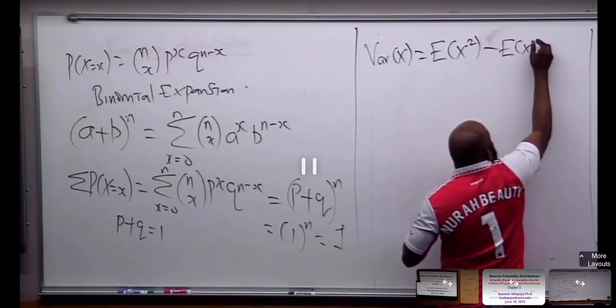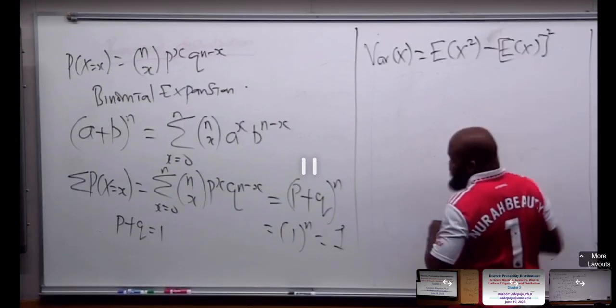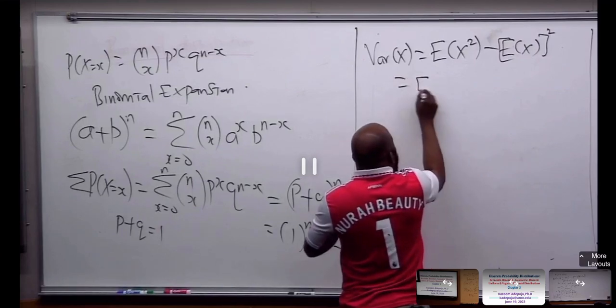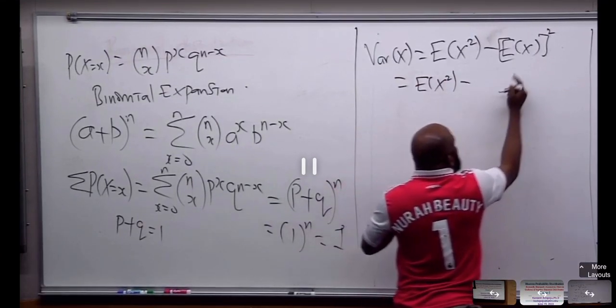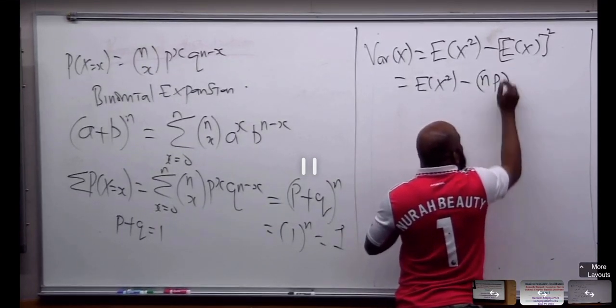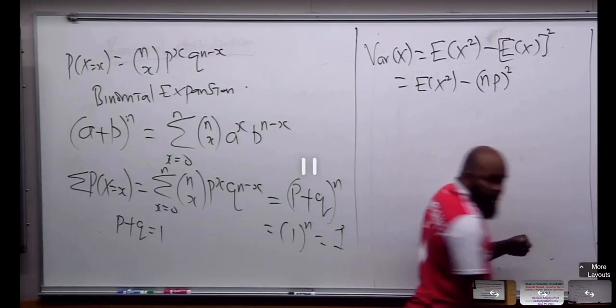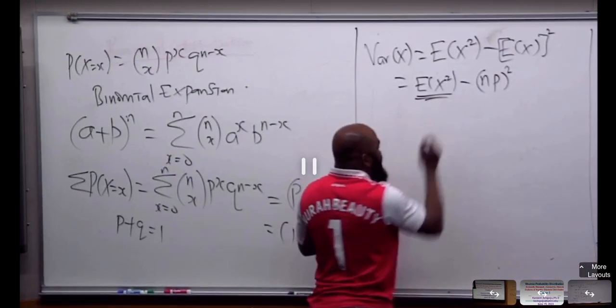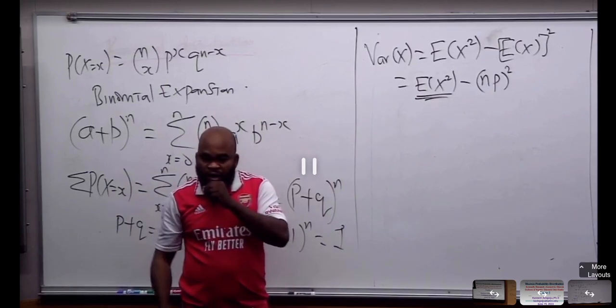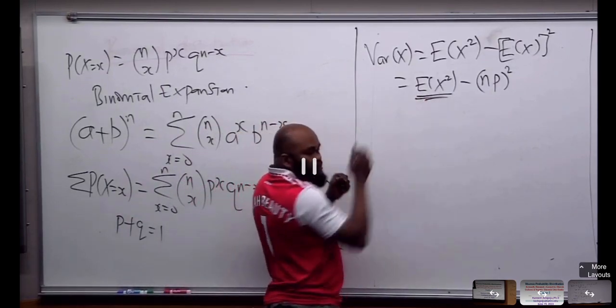Of S squared minus this. Okay, here, expected value of this. Okay, (np) all squared. You know, we got that in np, right? Now we need to figure out this guy. Okay, to figure this guy out,